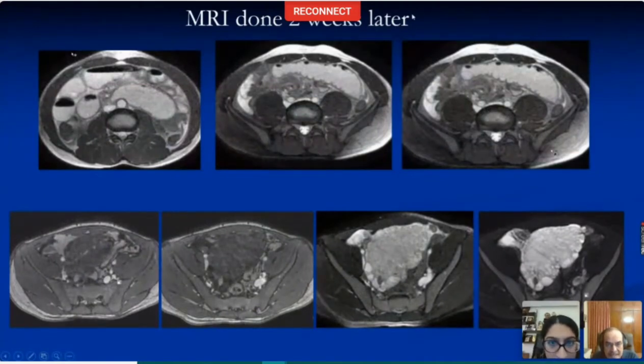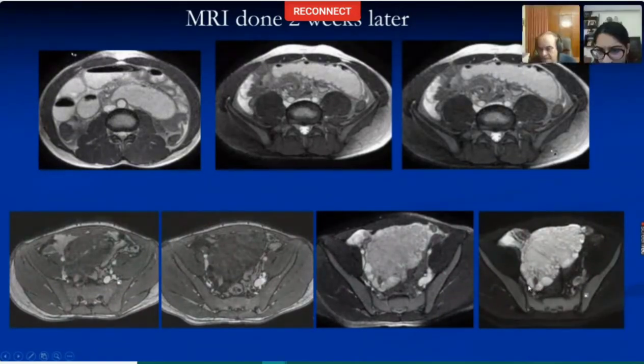MR was done 2 weeks later, and by this time the patient had started vomiting. So these are dilated bowel loops. Then this was that mass. On T1, it is hypointense. On T2, it is bright. And what is happening in the periphery of this lesion? So it has T2 bright areas, cystic areas arranged in the periphery. Very good. It has multiple T2 bright areas in the periphery and also some very tiny cystic areas in the center of the lesion.